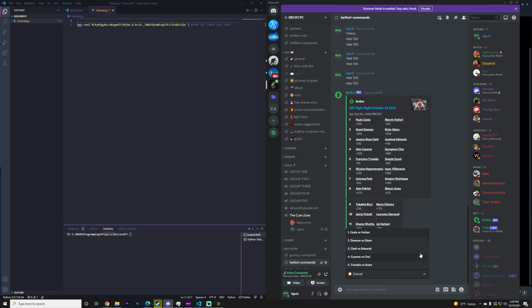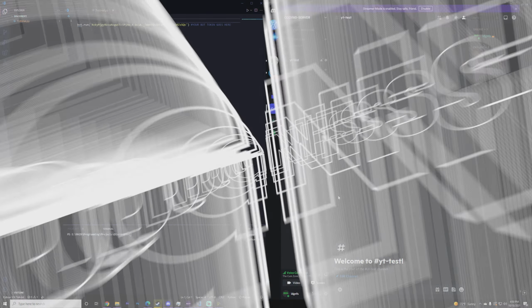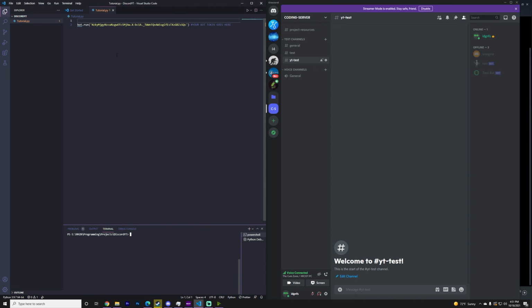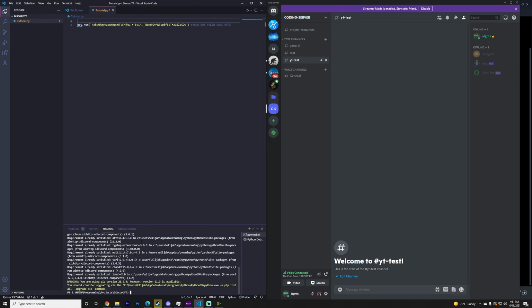I may show you how to do buttons as well, but we're going to need to import the libraries we're going to use. This is different from a normal project, so we're going to do pip install discord-components. Hit enter, and you'll see I already have it downloaded. It should download for you. You may also need to do pip install discord. This is the one I would usually use if I wasn't doing select boxes and stuff. But there you go. I would go ahead and install both of them because you'll need some stuff from the